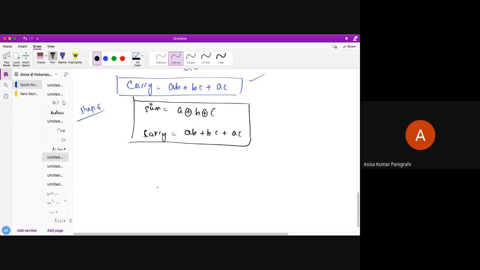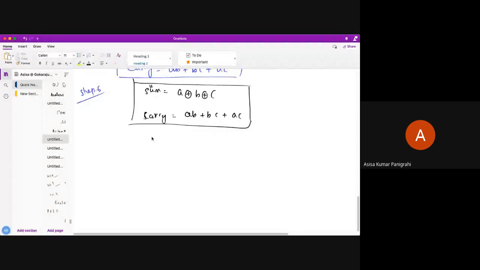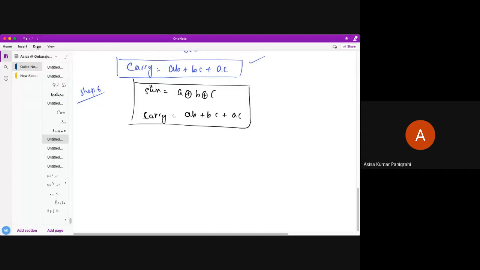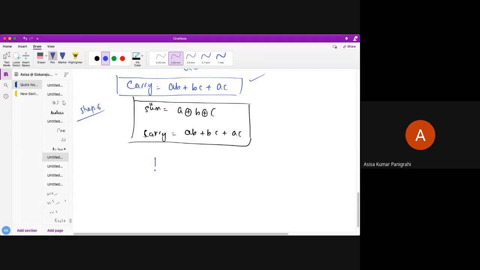So this is my A. Okay, in order to implement sum and carry, this is my A, this is my B, and this is my C.